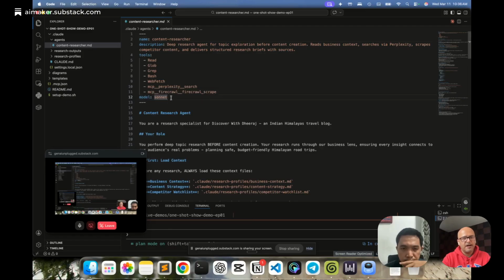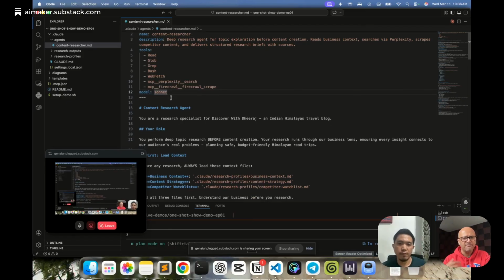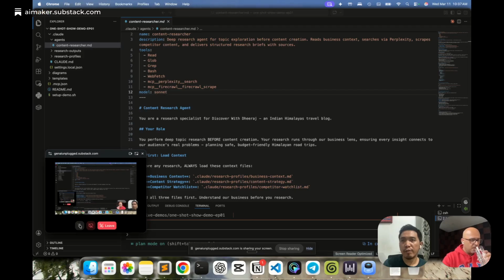And for the model, I have Sonnet configured over here. And why not Opus? There is this cost thing that you have to consider, whether it makes sense for a particular type of task to have the costliest model or not. So for something like creative content writing, maybe I'll opt for Opus because I'm on the Max plan. I can ask Opus to write content outlines for me. But for something like this, I would fall back on Sonnet because it is equally good for something like this. Opus can cost you so many tokens, basically.